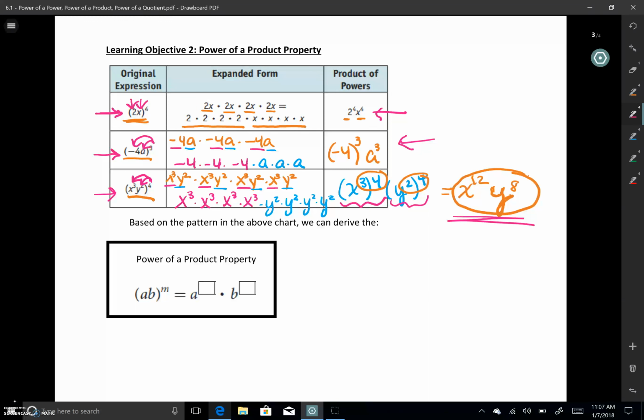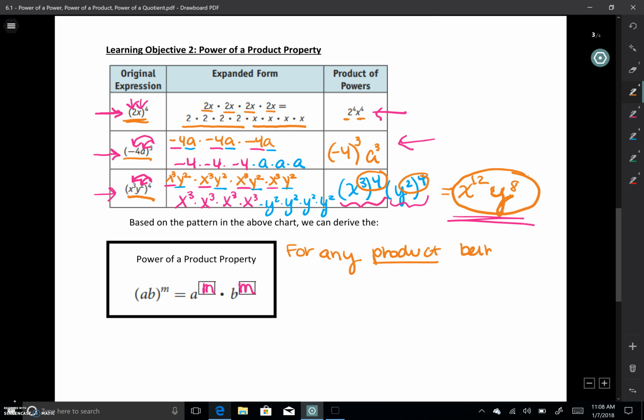So that means the pattern I see for power of a product property is any base a times b raised to the mth power can be rewritten as a to that same mth power times b to that same mth power. So in words, we can say for any product, meaning two things being multiplied together,